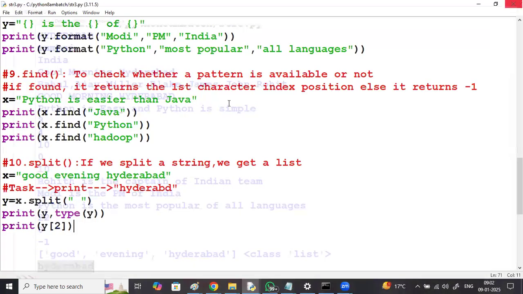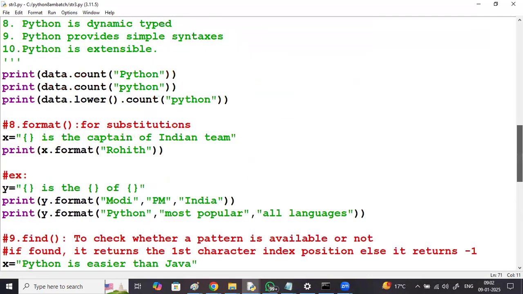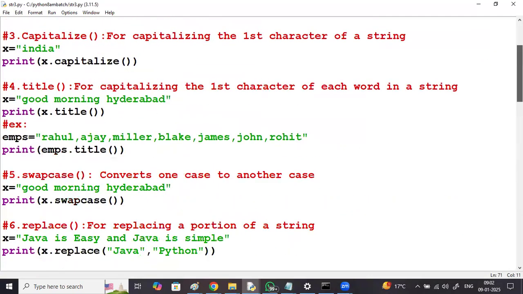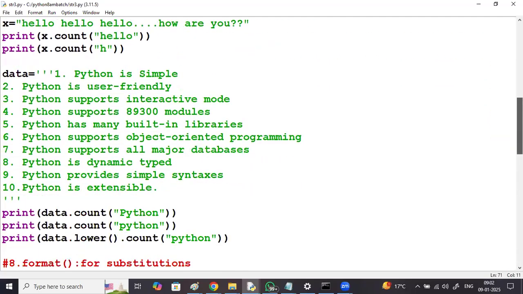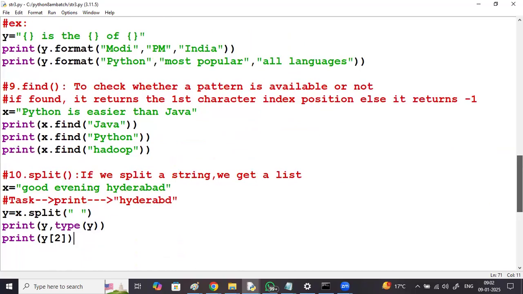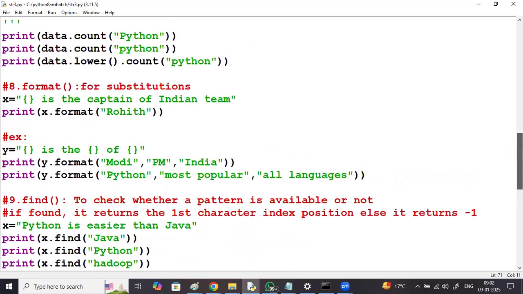So in this way, we have got a string, you don't need to write any codes. We have got upper, lower, capitalize, title, swap case, replace, count, format, find, split, right? These are the methods available, right? So yes,